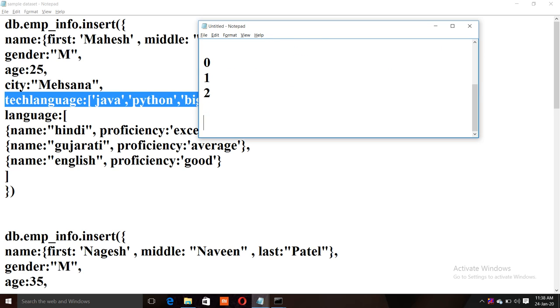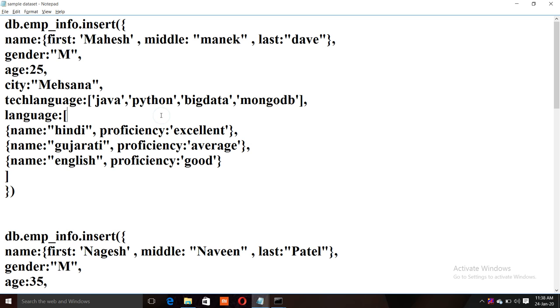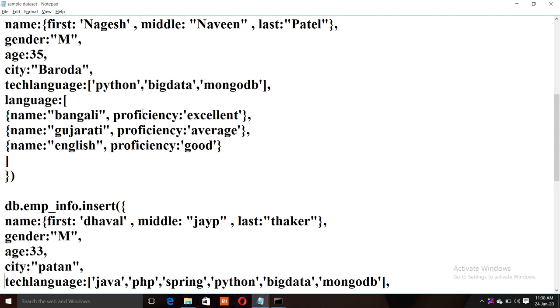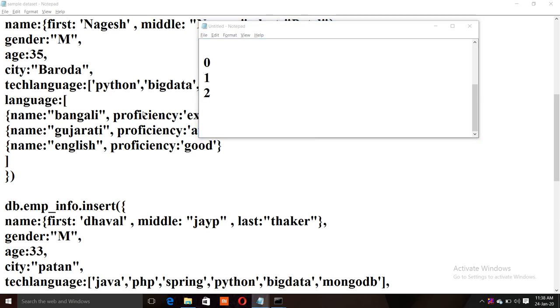0, 1, 2, 3. Likewise, the array index starts from 0 and is incremented by 1: 0, 1, 2, 3, 4 like this. So here I have 4 values. So how many index values do we have? 0, 1, 2 and 3 in the first record. In the second one I have 3, I have 4, right? Some have 5, right? Okay. So what I will do,